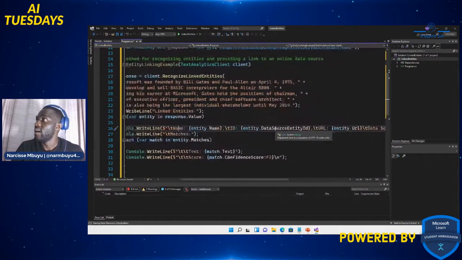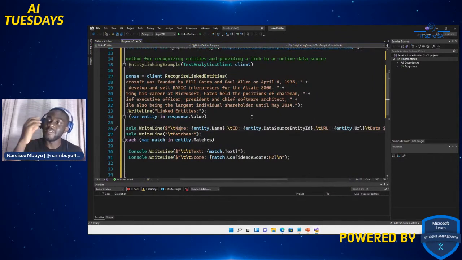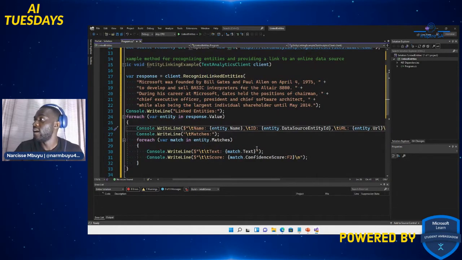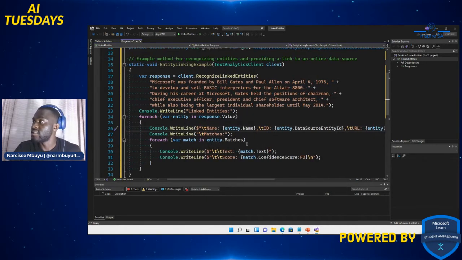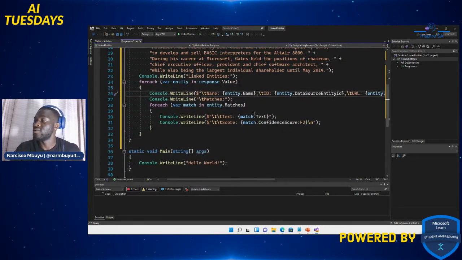Basically, linked entities picks up an entity and gives you a link to find out more information about it. It also tells us how confident the results are. That's what it does in this foreach loop.